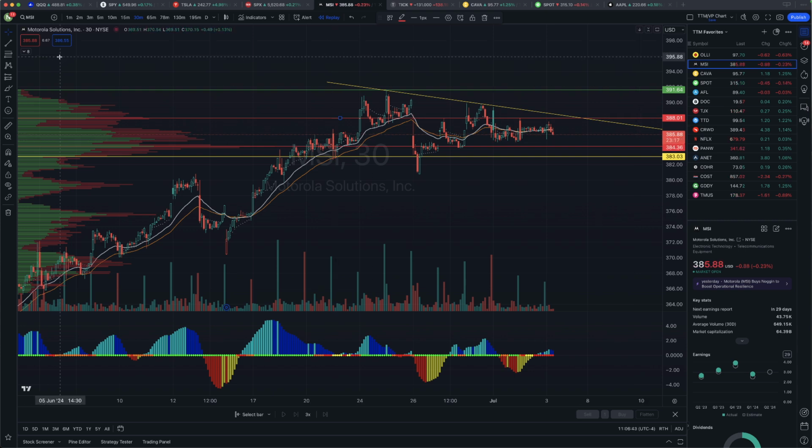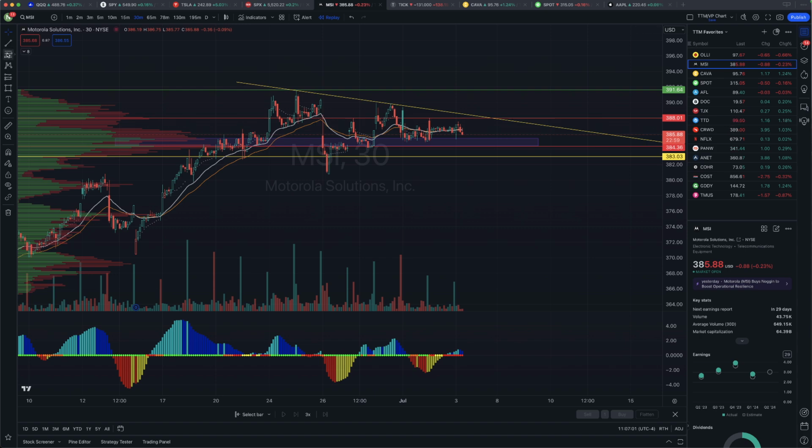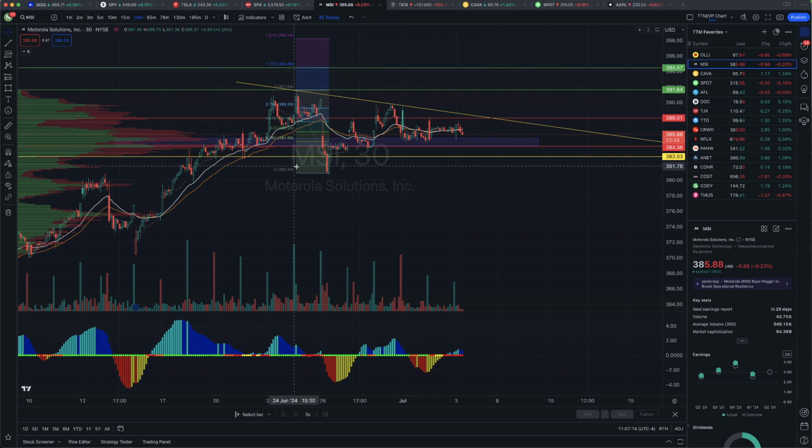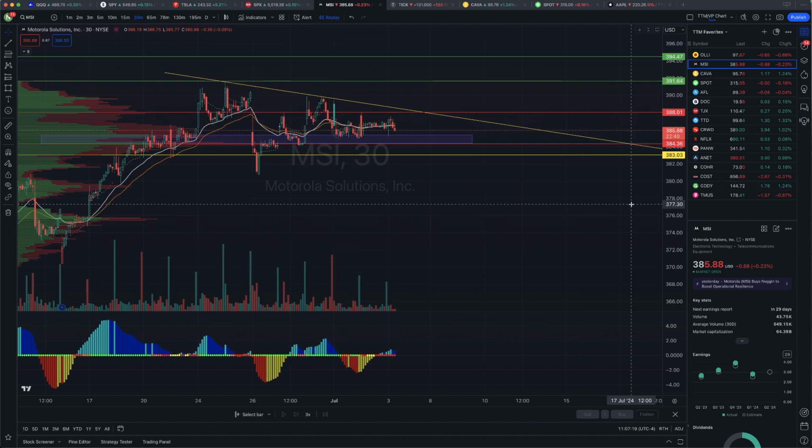So what I'm going to do is draw, this is how I like to do it when there's not a super clear spot, I'd like to pick this up somewhere inside this box. Right? And then I want to know what my extension looks like. I like that this is sitting right under 400. Right? 400 is a long way to go, but if we can find an entry on this, my targets would be